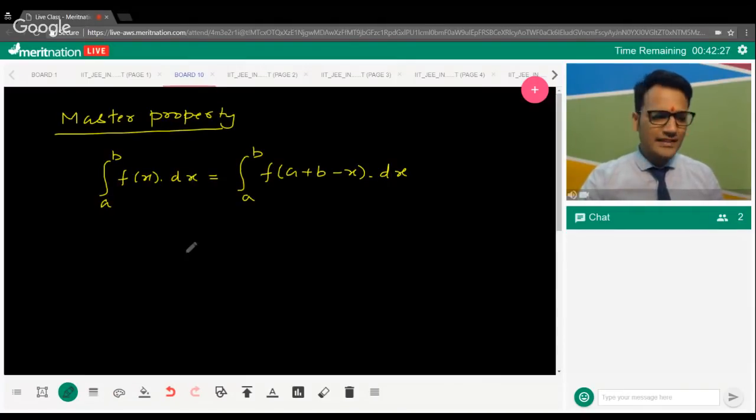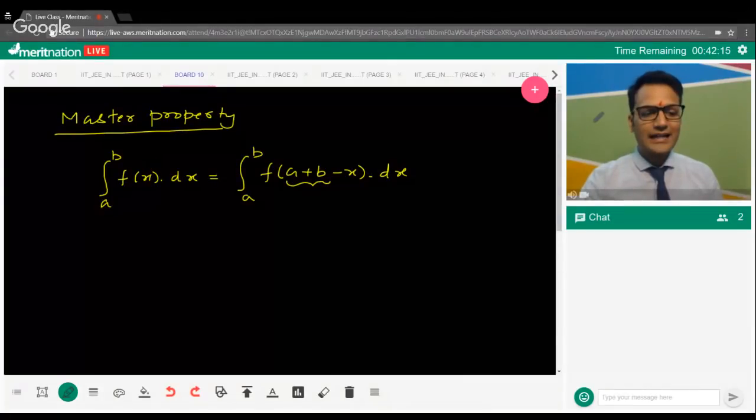Look, this property simply states that whatever the lower limit and the upper limit are, you can take the sum of these limits, subtract x from it, and replace x by a plus b minus x. I'll pick a few examples to explain this. In fact, you can pick an example like this. See,